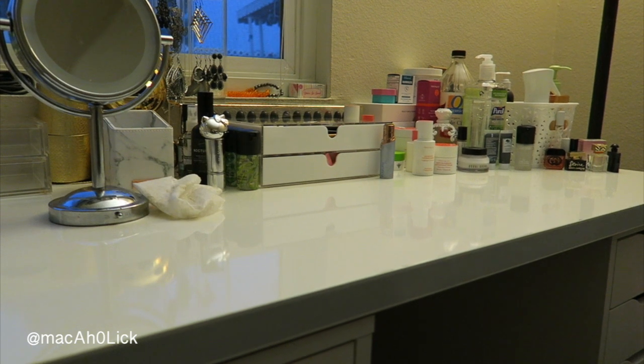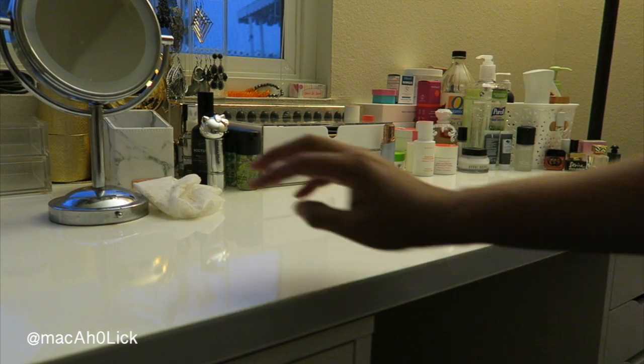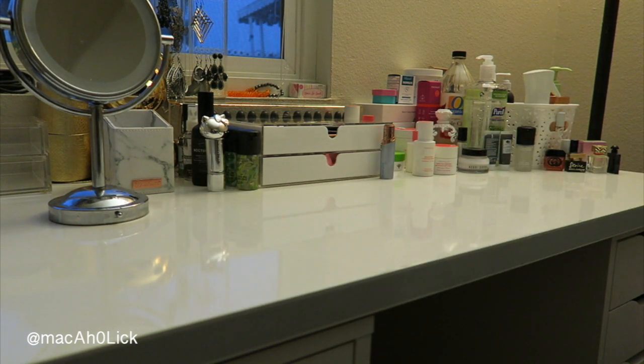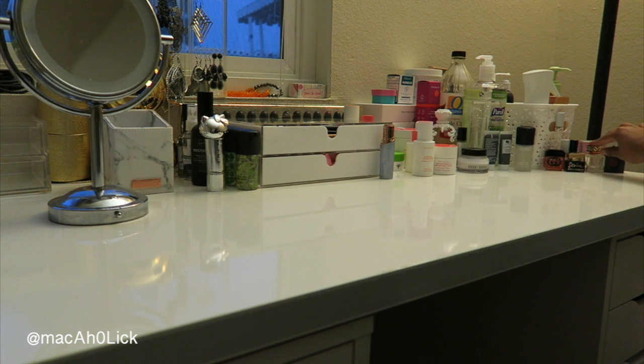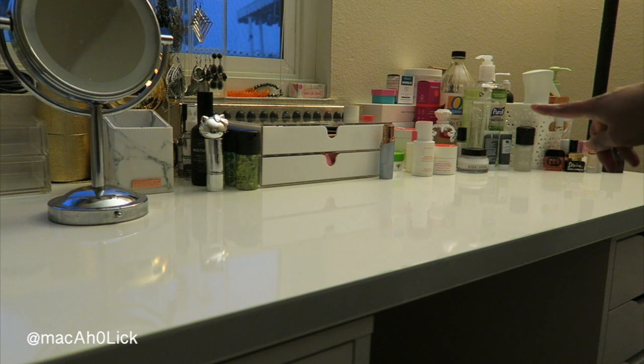Yay, I've made progress. Okay everyone, so it's about an hour later and I wanted to show you all how it's looking. I don't have much of a perfume collection, so all the way over here I have my little samples, which is what I use, to be honest. So that's my little perfume corner. Just have MAC Fix Plus, hand sanitizer of course, my Peach and Lily skincare,